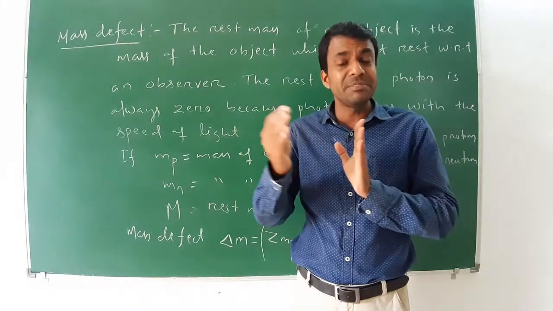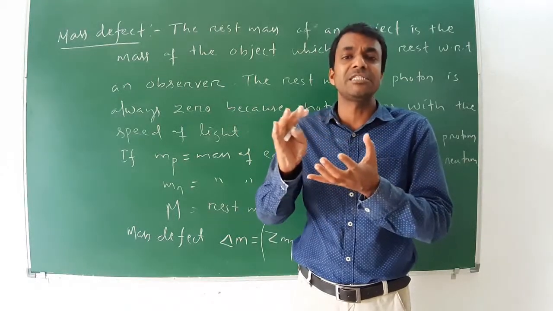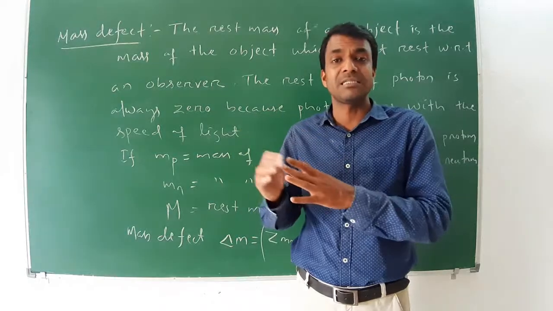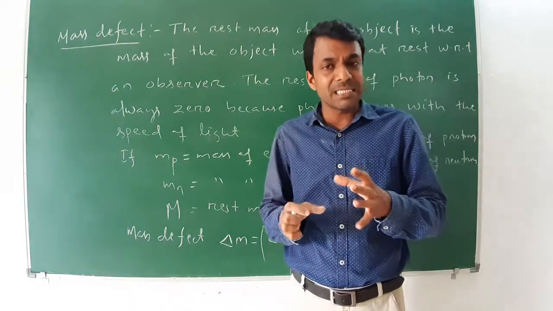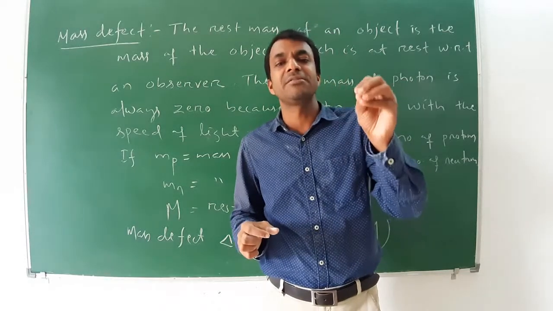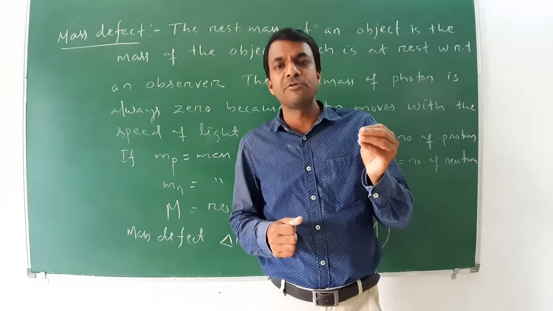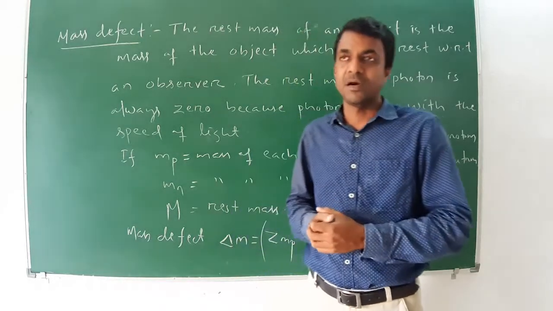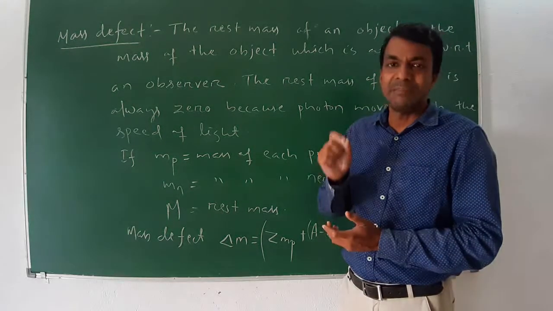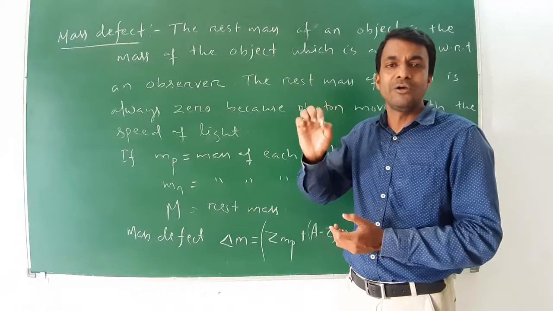The difference between the mass of the nucleus, Z Mp plus (A minus Z) Mn, and the rest mass is known as the mass defect. The rest mass is also given in the question. Z, the number of protons, and the number of neutrons, you can calculate from the symbol or nuclide of the element. And Mp and Mn, the mass of each proton and the mass of each neutron, always